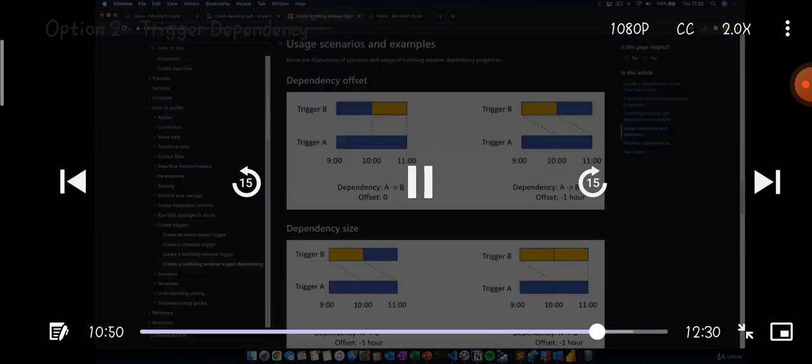There is documentation within the Microsoft site with a couple of diagrams that might be easier to understand. So this was our example. We wanted our current slice to be dependent on the other trigger's current slice. So this is based on hours, but in our case, it was based on days. So the 10 to 11 slice on the trigger A is dependent on the 10 to 11 slice on trigger